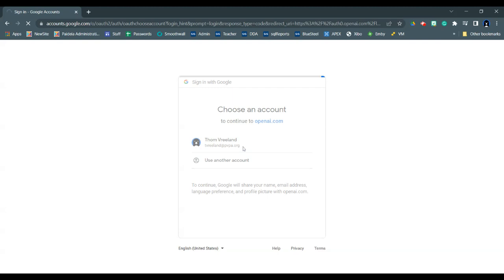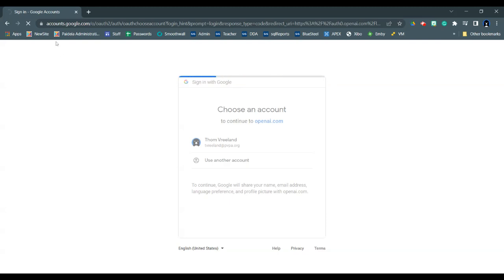I don't have to get that call because I've already signed in and been playing around with the tool. Now, while we wait for it to log in, just to point out, the tool is designed to be conversational. It's intended for you to be able to speak to it in regular conversational English, and it's going to try to reply in a similar fashion.